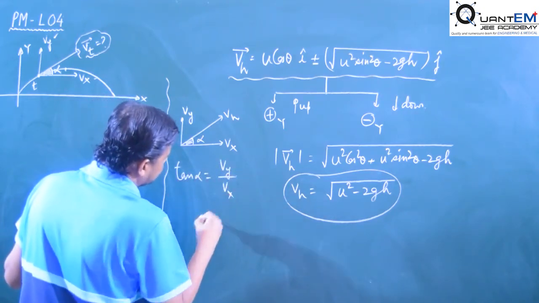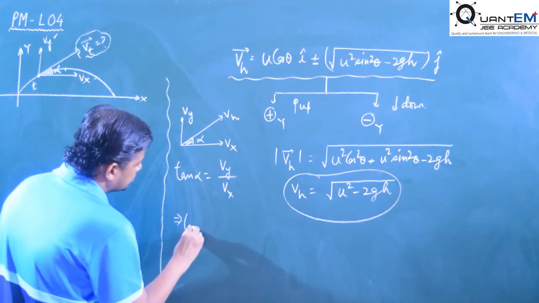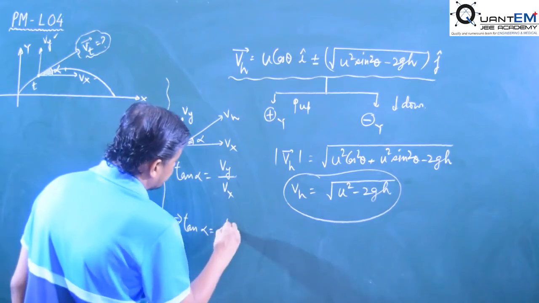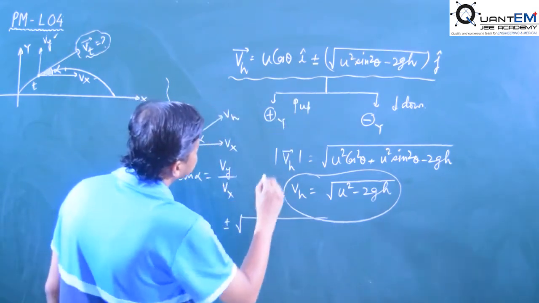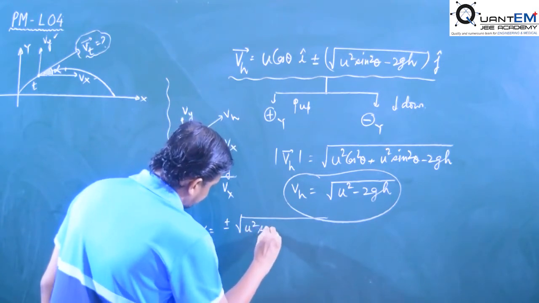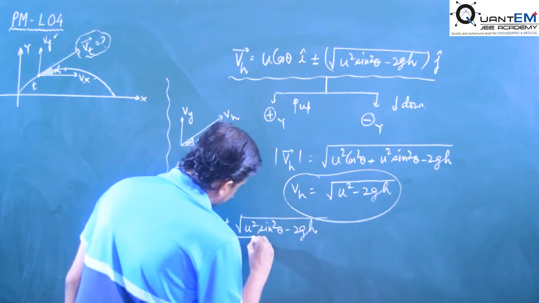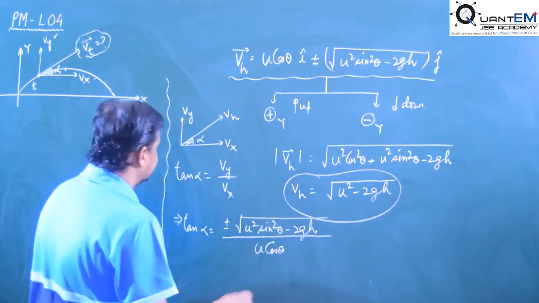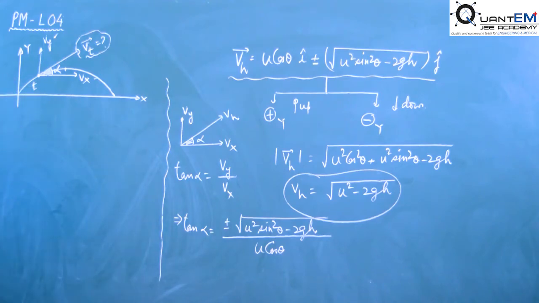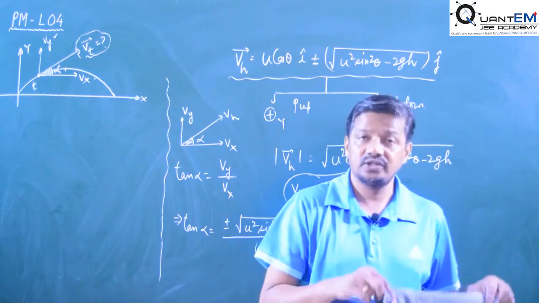So what is the value of tan alpha we have? It is vy by vx. Then what is the result for vy? It is plus minus under root u square sin square theta minus 2gh, divided by u cos theta. Okay, now for getting the velocity of the projectile at any time t, we should use the formula